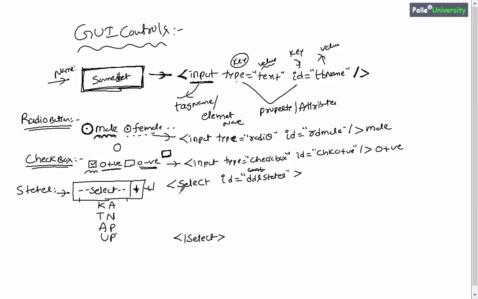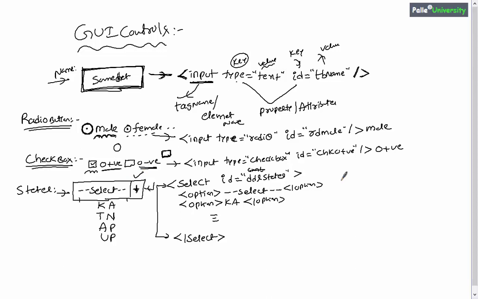So in order to display the content inside the drop down list, you have to use one more tag called the option tag. Where exactly do we need to write the option tag? Remember, it should be written between the opening and closing of the select tags. You should write option with whichever item you would like to see first, and write that option name here. In a similar way, one more option, maybe state name KA, end of option, and so on and so forth. So this is how you will be creating a drop down list.